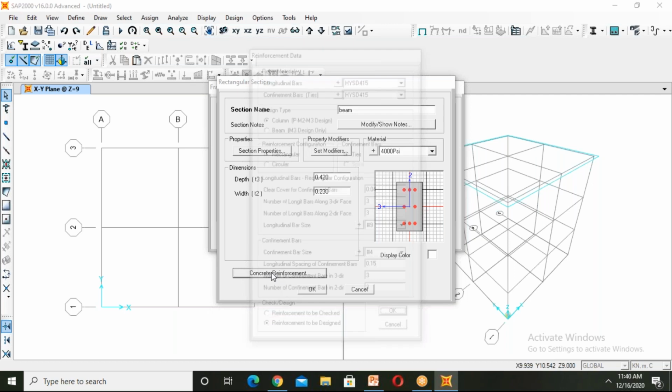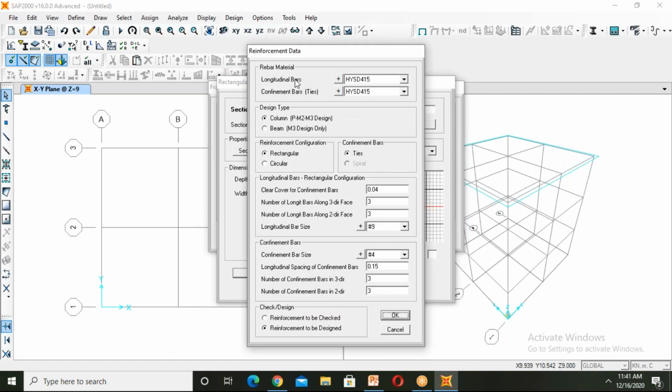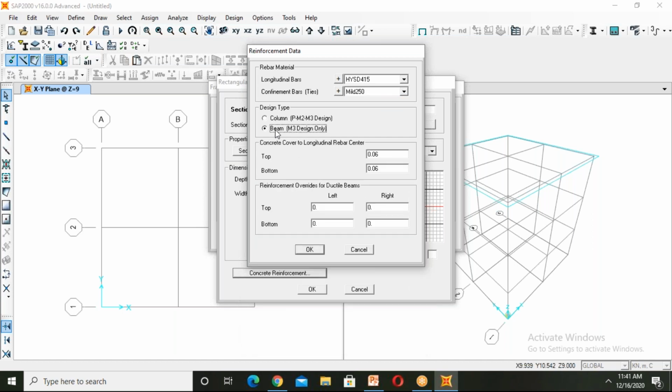So concrete reinforcement. Here longitudinal bars will be taken as HYSD 415 and the confinement bars normally will be mild steel.